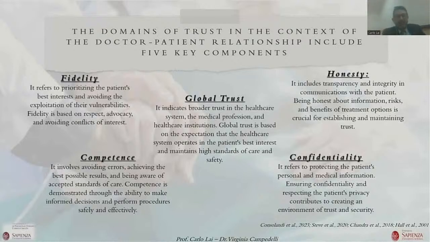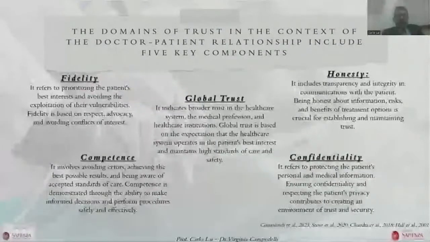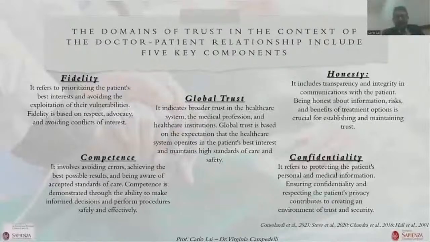So the problem is to have in mind the importance of favoring the fidelity of the patient in the medical staff. Another point is to have in mind the importance of communicating oral competence on the treatment. The third point is to favor the global trust of the patient in the medical institution. And of course, the confidentiality. So, to find,